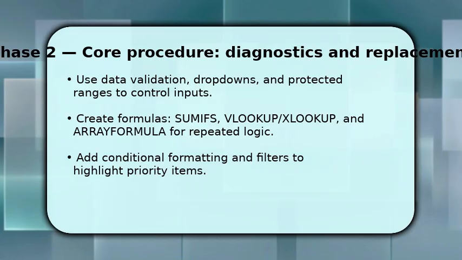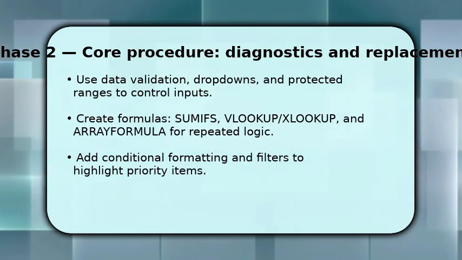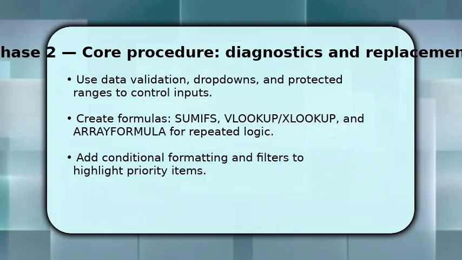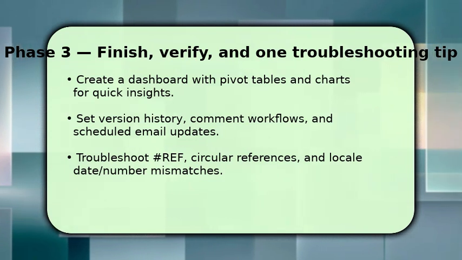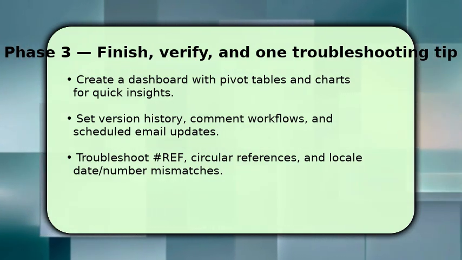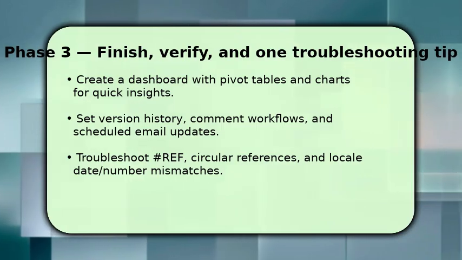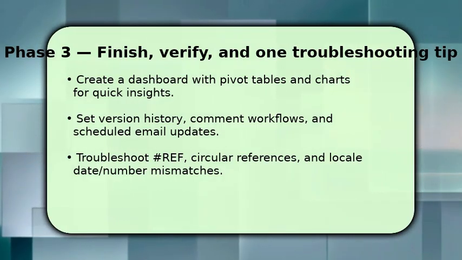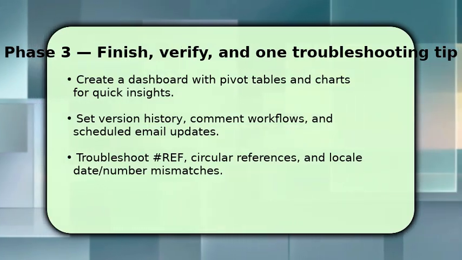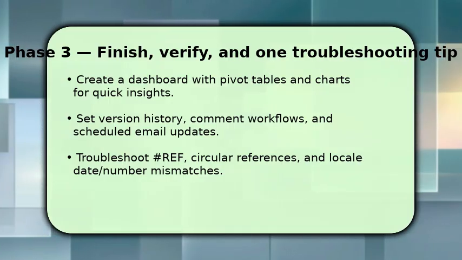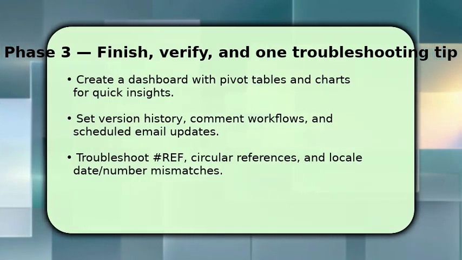This helps teams focus. You finish by building a compact dashboard. Use pivot tables and charts to summarize KPIs, then set version history and comment workflows so accountability is clear. Next, schedule email updates or connect to Apps Script for automated reports. This keeps stakeholders informed. If something breaks, check formulas for #REF or circular references, confirm locale settings for dates and